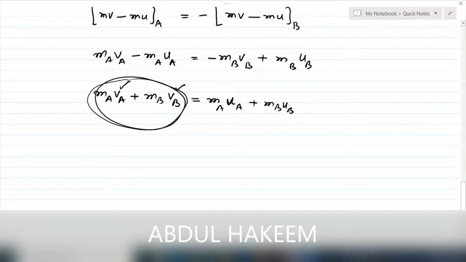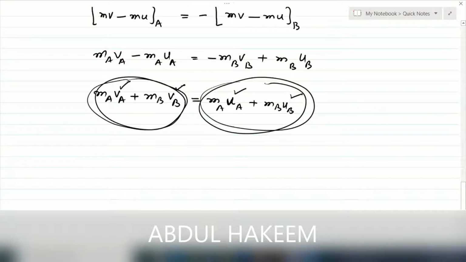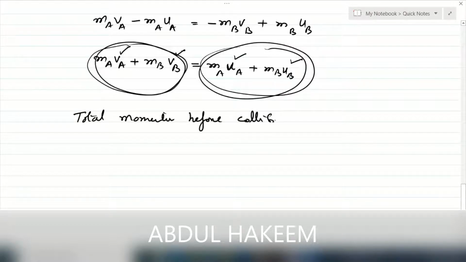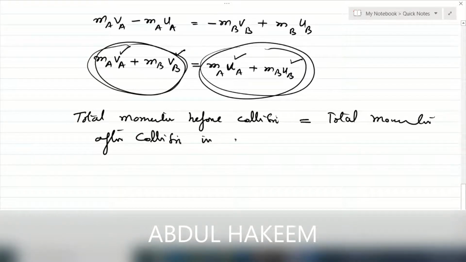Total final momentum means the total momentum of both after collision. This is U, this is U. So this is the total initial momentum before collision. So we can write total momentum before collision is exactly equal to total momentum after collision in an